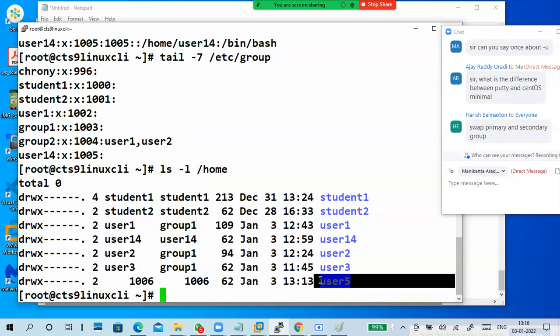What about the user5 data? Still it will be available. You deleted a user entry only. You didn't delete the user5 directory. The home directory of user5 is not deleted. Understood?